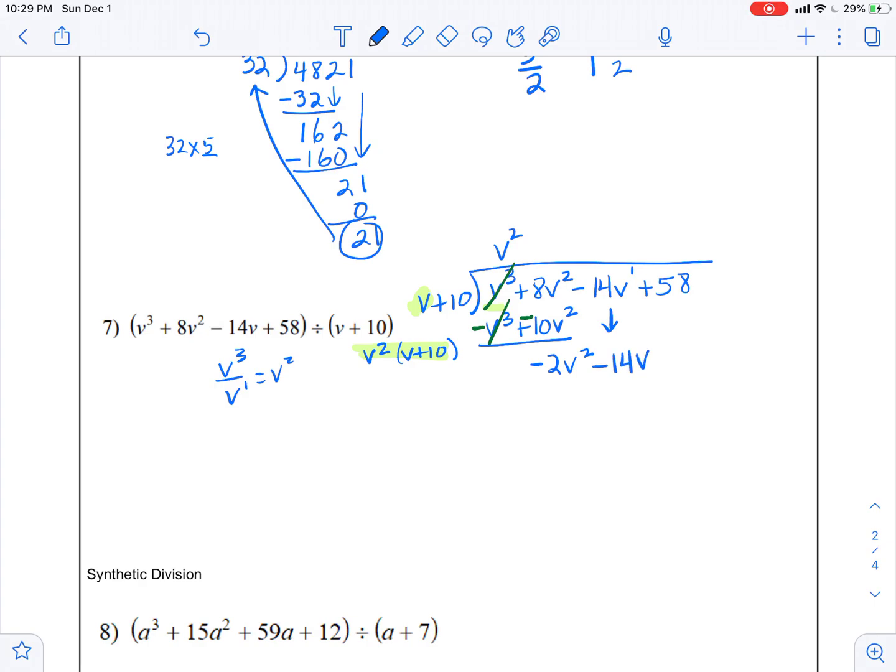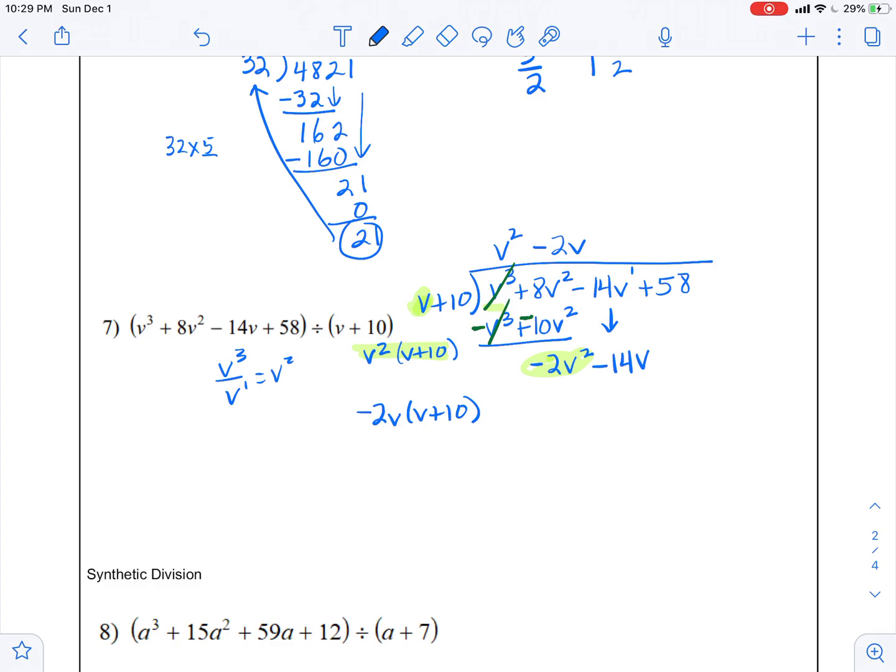So now my question this time is, what do I need to multiply the v by to get the negative 2v squared? So I would obviously need a negative 2, and I need one more v. So I'm going to take a negative 2v times the v plus 10. So you do multiply it by the whole thing, but I'm just looking at the v to determine what goes up in the